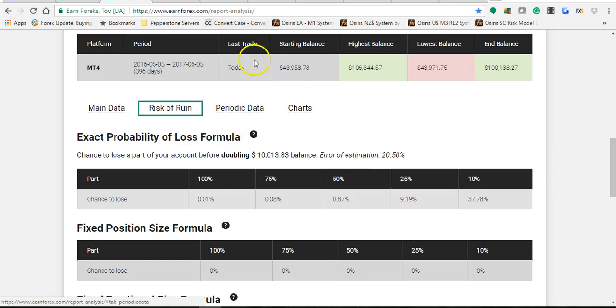But the risk of ruin, as you saw on my FX Book, says that it's less than 0.01%. But looking at other analysis on earnforex.com, there's a 10% chance to lose 30.78%. It will be interesting to know a little bit more, but it shows you that our team is working to have the best information available for you guys.